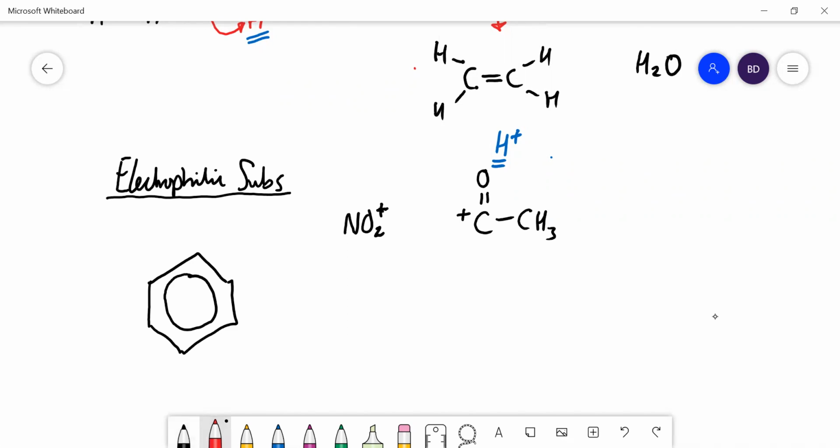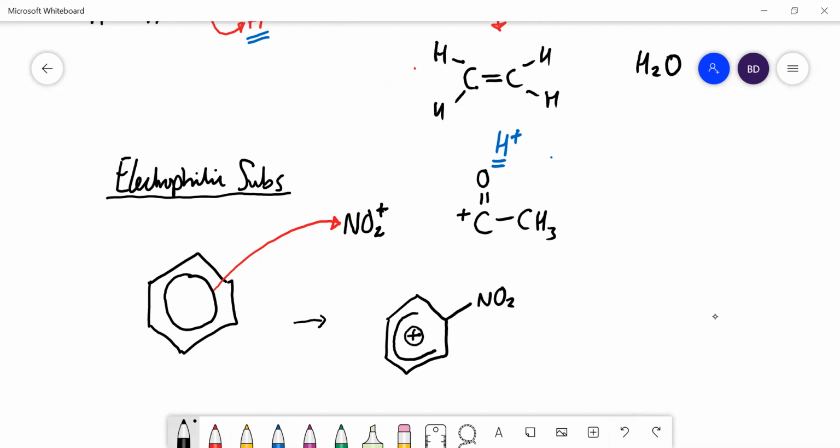First step in the mechanism is a pair of electrons jumps out of the delocalized system onto the nitrogen and forms a bond to it. So that means, let's show the nitrogen attached to that carbon. So we've got NO2 stuck on there, and that means the delocalized system is partially broken. So I'm going to draw it like that. So you should draw it being broken from that carbon to that one. Get rid of those lines. Right, there is a positive charge which is delocalized over the benzene ring, which stabilizes the positive charge,